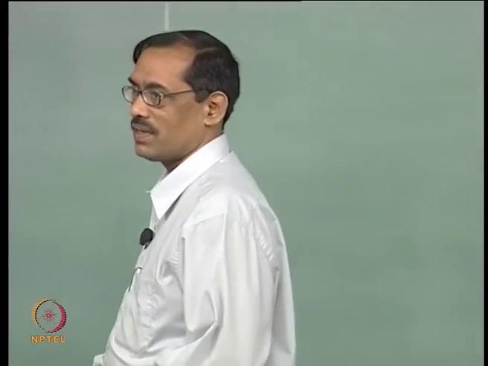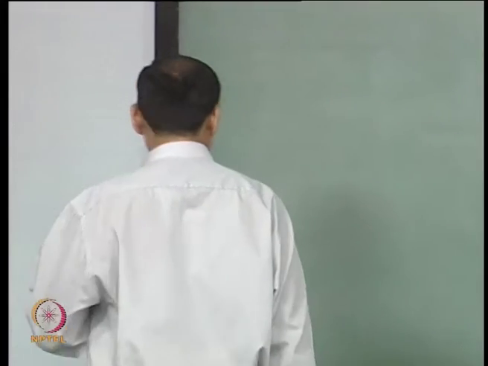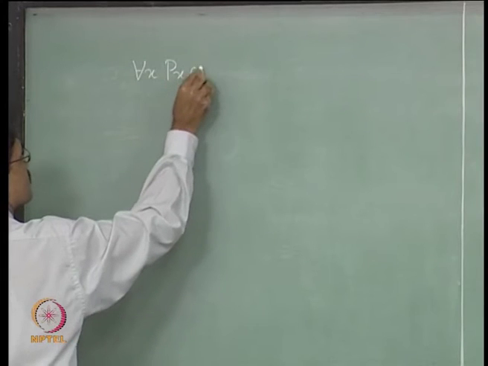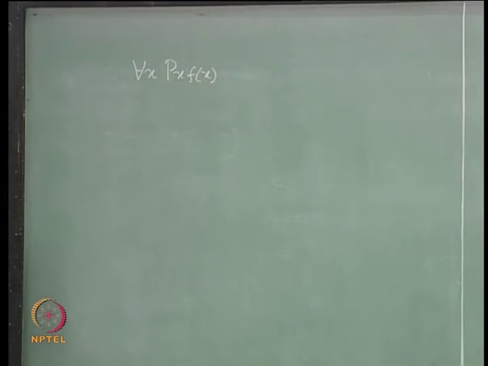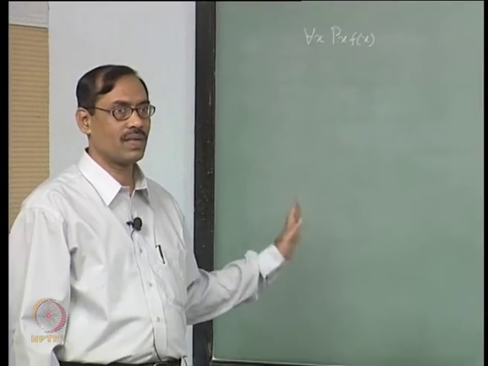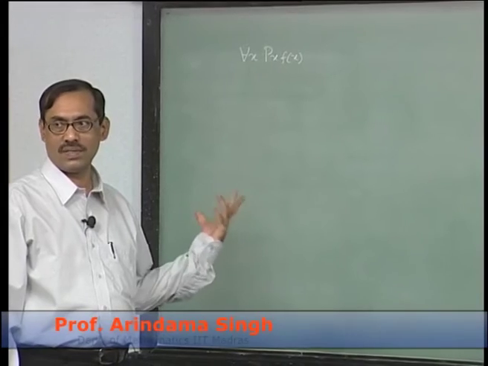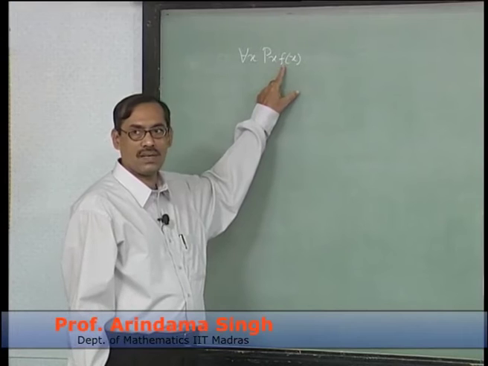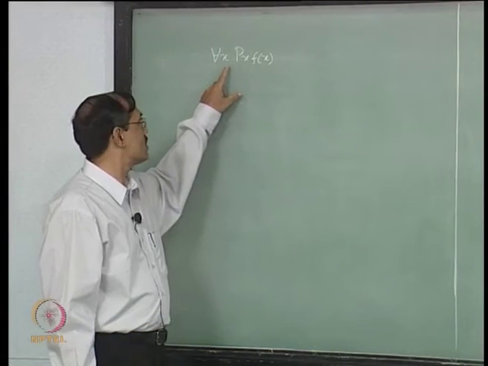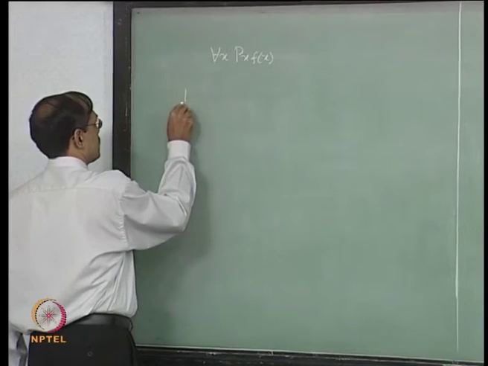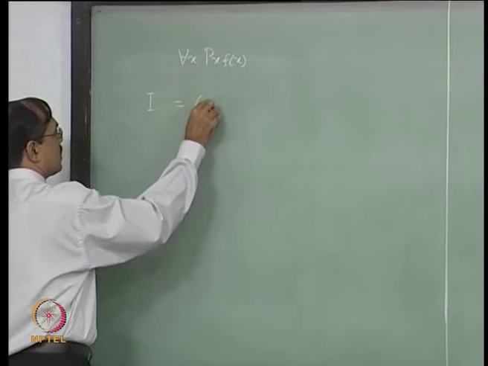So, let us start with one example first, see how the quantifiers are interpreted. Let us take say for each x p x f of x. Suppose this is the formula, we have only one quantifier here and it looks very simple, right, p x f of x. So, f is one function symbol, p is one predicate symbol, it is a binary predicate. Okay. So, we start with one interpretation, say let us take natural numbers again,